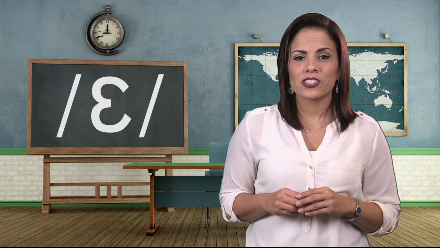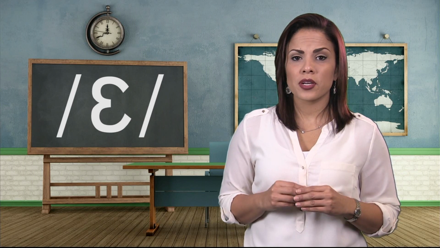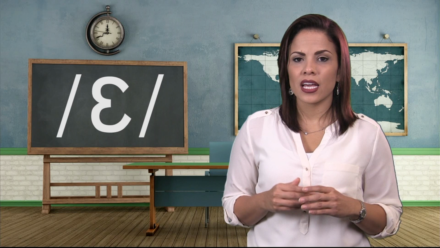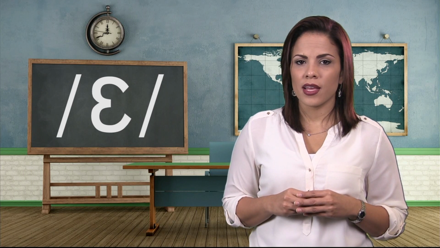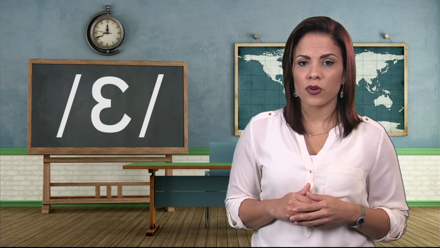The next sound is the short E sound. E. Your lips are in the neutral position. Your mouth is open, wider than for A. Your tongue is at the mid-level in your mouth. Let's try it. E. E can occur in the beginning and the middle of a word, but never at the